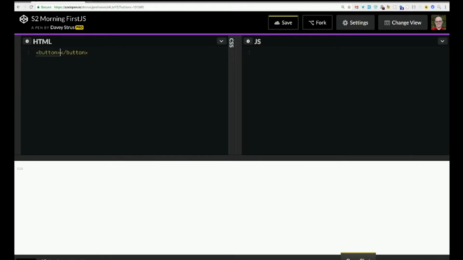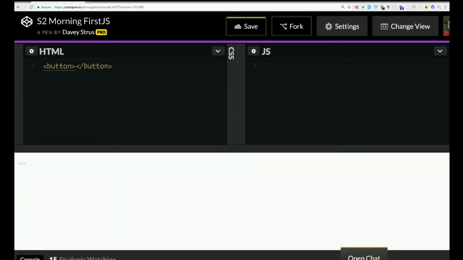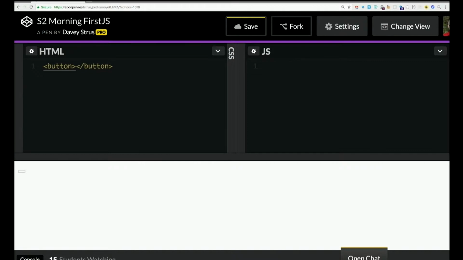So what is that I just made? What's that called? All this crazy angle bracket stuff. It's a what now, Jake? It's a tag. In fact, it's two tags, an opening tag and a closing tag. Together, they make what kind of entity? An HTML